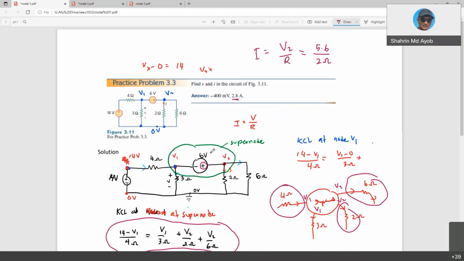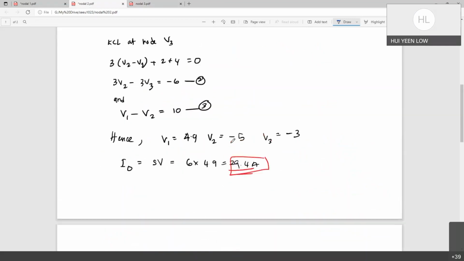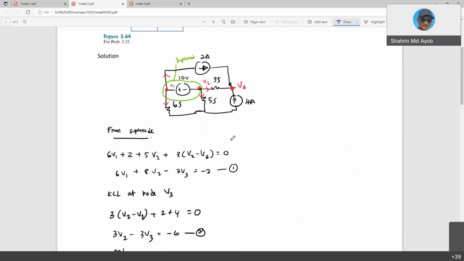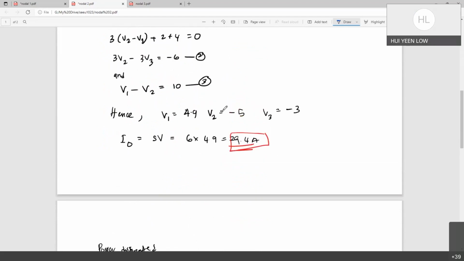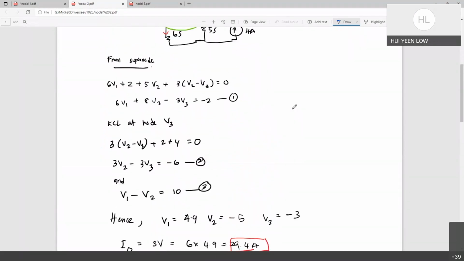Is there anything that you don't understand? Doctor, yes. For question two of the supernode, I get a different answer. This one? Okay, what is your answer? I get V1 is 2.755, V2 is negative 2.531, and V3 is negative 0.5306. How did you do that? I think maybe something is wrong here,